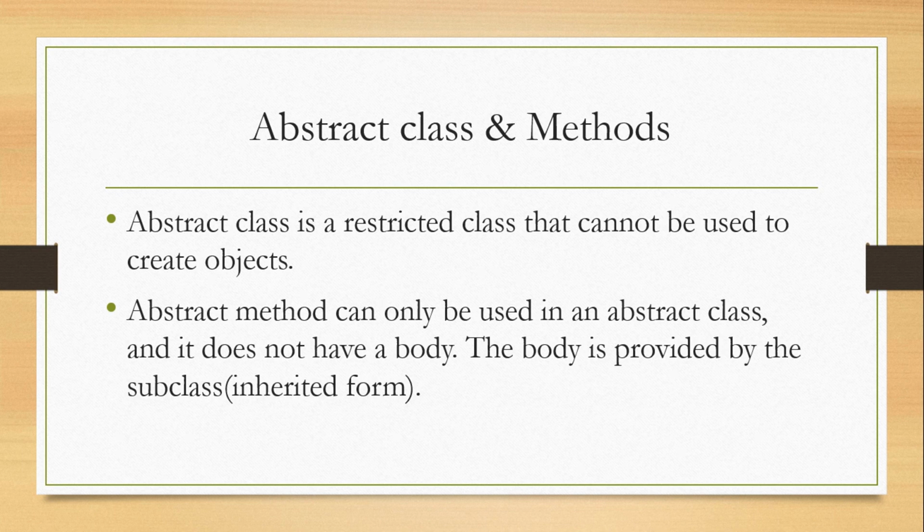If I want to have abstract methods in a particular class, and whenever we declare abstract methods, the method declaration should be with the keyword abstract. So both the class and the method have to be declared with the keyword abstract. Another thing, we are not going to create an object of an abstract class. Why? Because obviously we are not going to create the body of the abstract method. Whenever any method is abstract, we are not going to create its body. So we are not going to create the object of the abstract class as well.